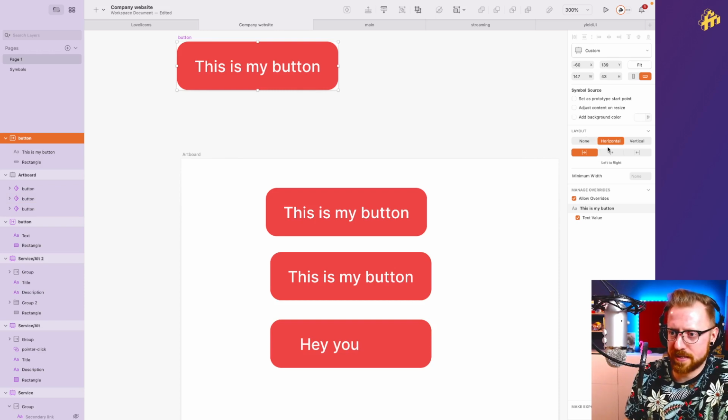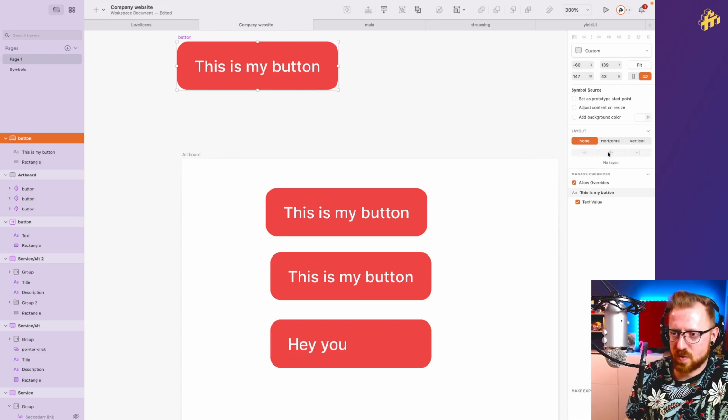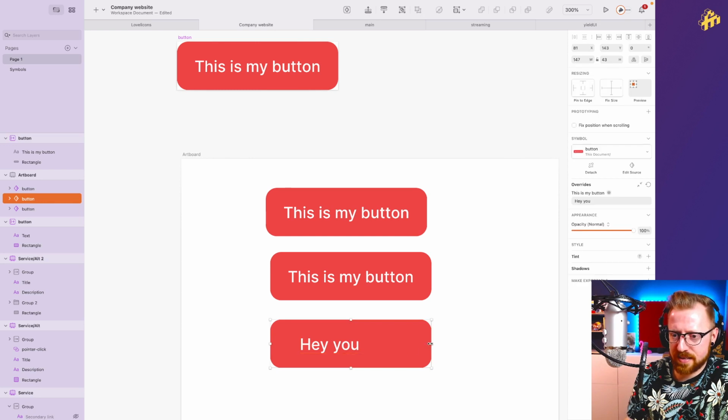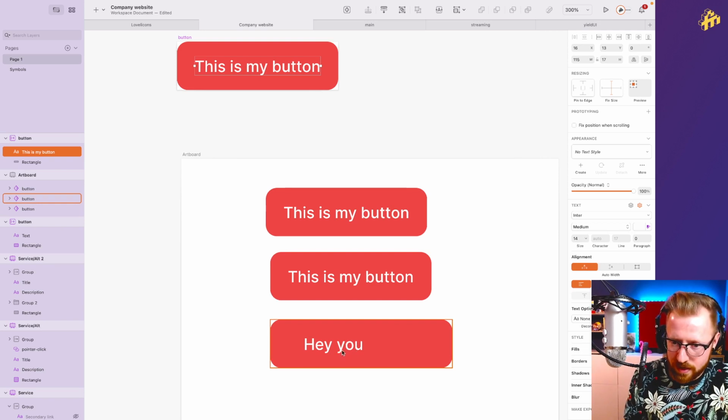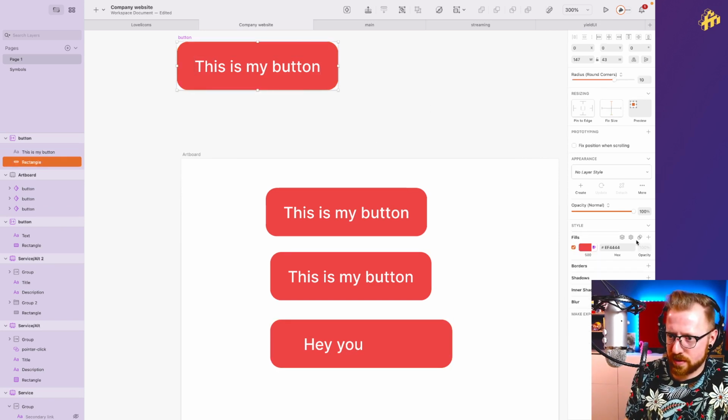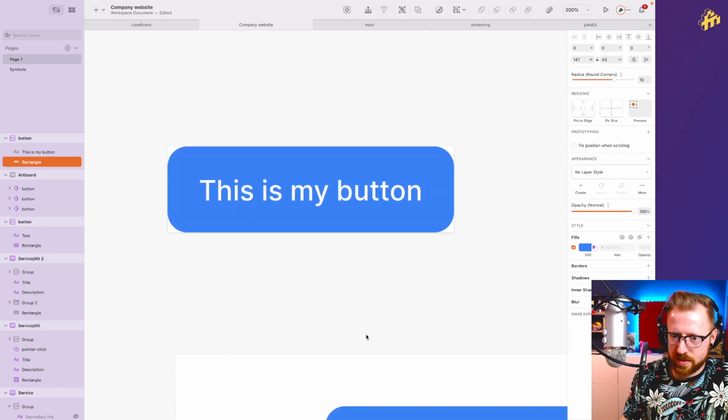Why did this move a bit? So I can set it to no layout. If I set it to horizontal layout and I resize it, we see the text kind of moves on here. Let us actually say this text in this. If we hover over it, it's difficult to see on red, so I'm going to make the button blue again, and we zoom in here,